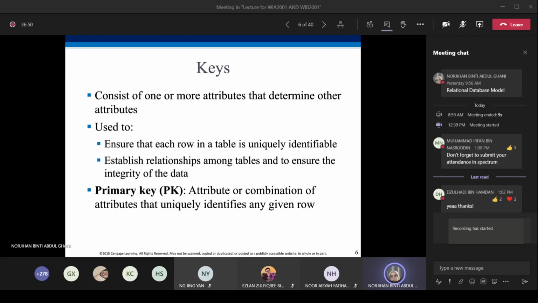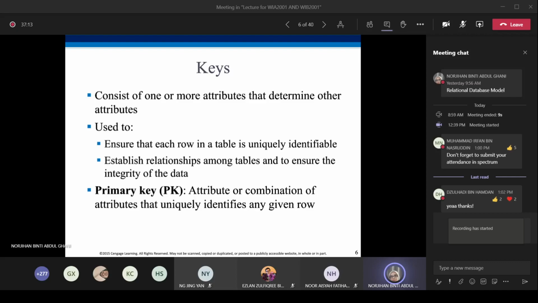Then it is to establish relationships among tables and to ensure the integrity of the data. So we must set the key so that we can establish relationships among tables.